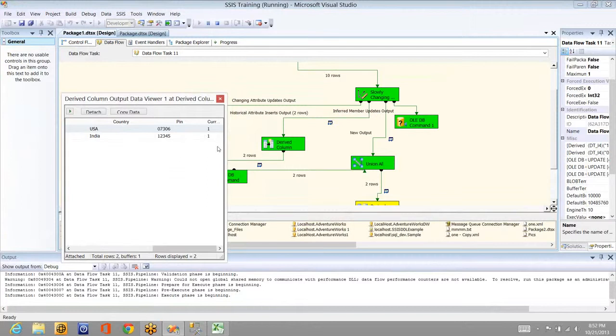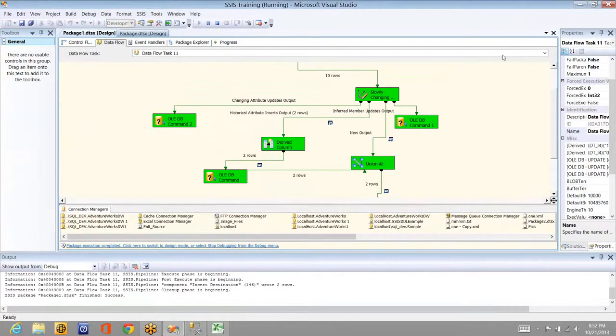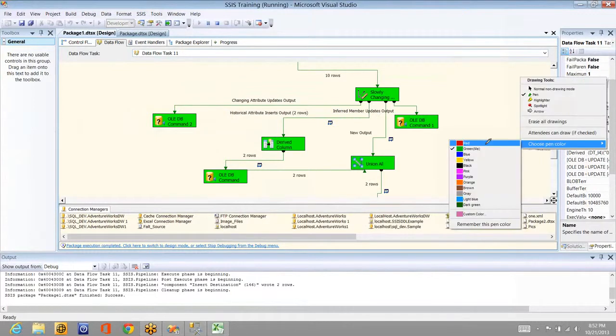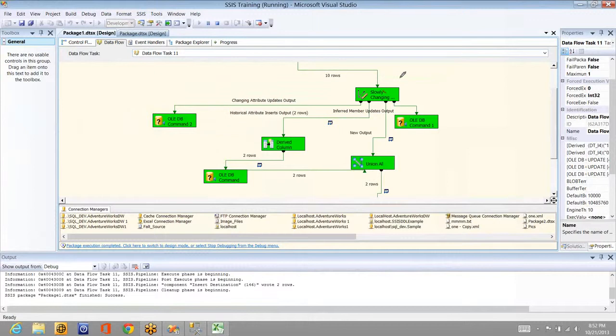Okay, I know you got confused. I'll do one thing. I'll explain in a better way with pen and markers. Okay, so here let me take a red color so that it can be easily visible, clearly seen. First, it will check the condition whether there are any changing attributes or not. Let's say, what is that? Name is changed from Rupesh to Rupesh Babu. So if there are any such records, it will send to this guy and it will directly update it.